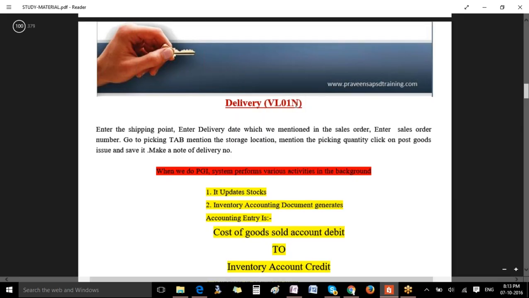Okay, what is this N? In some interviews they ask this question: what is the N in a T code in SAP? N denotes new. The old transaction to create a delivery is just VL01. That's it, VL01. But